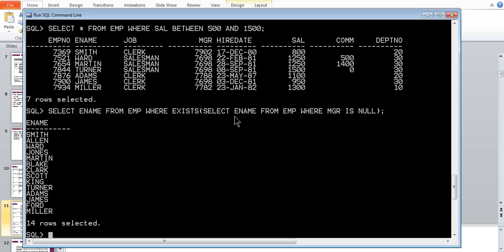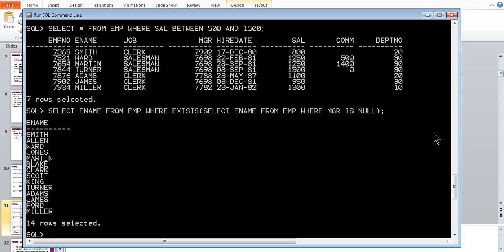Select ename from EMP where MGR is null. So in the table there are some rows where the manager value is null. Out of the 14 rows, you'll get certain rows where the manager is null, right? That means the result of this inner query will give some positive number. If the result is a positive number, then this statement will be executed correctly. So select ename from EMP will be executed. It will give all the values. Ename from the employee will be displayed here.